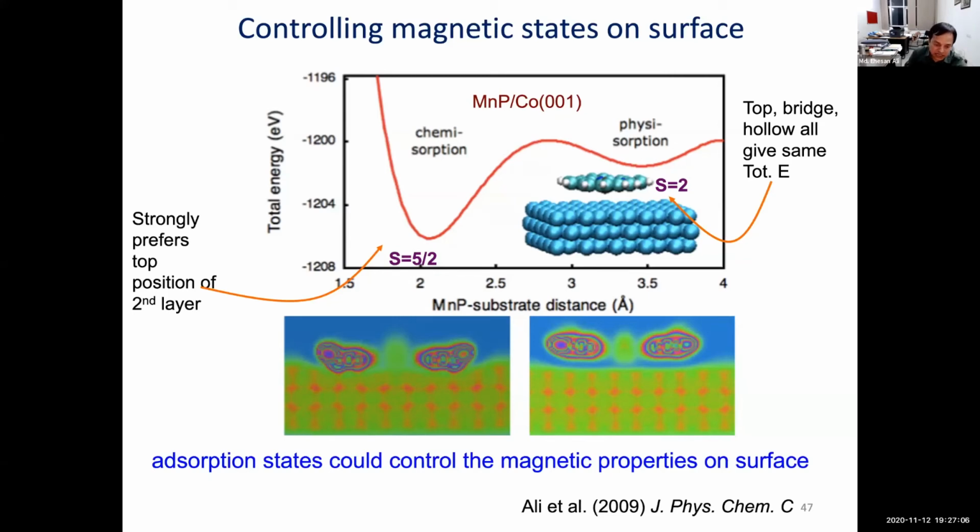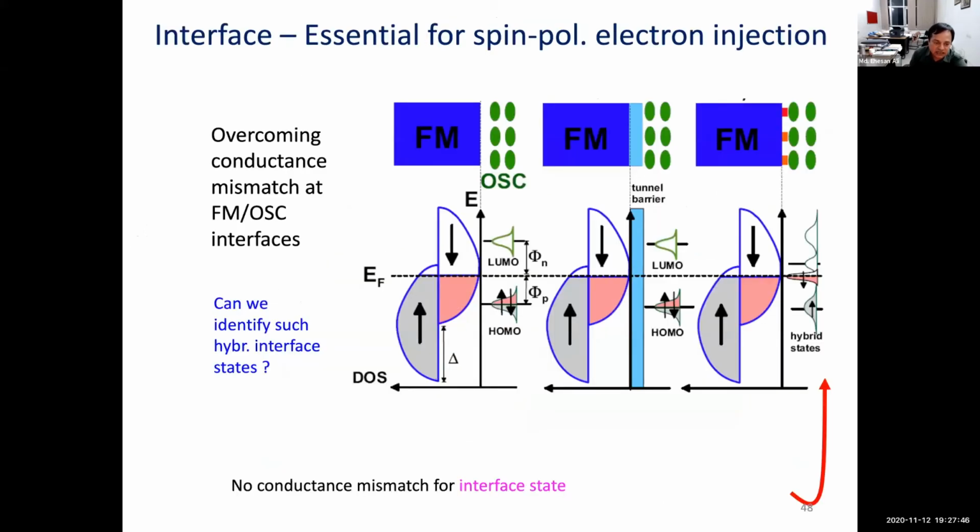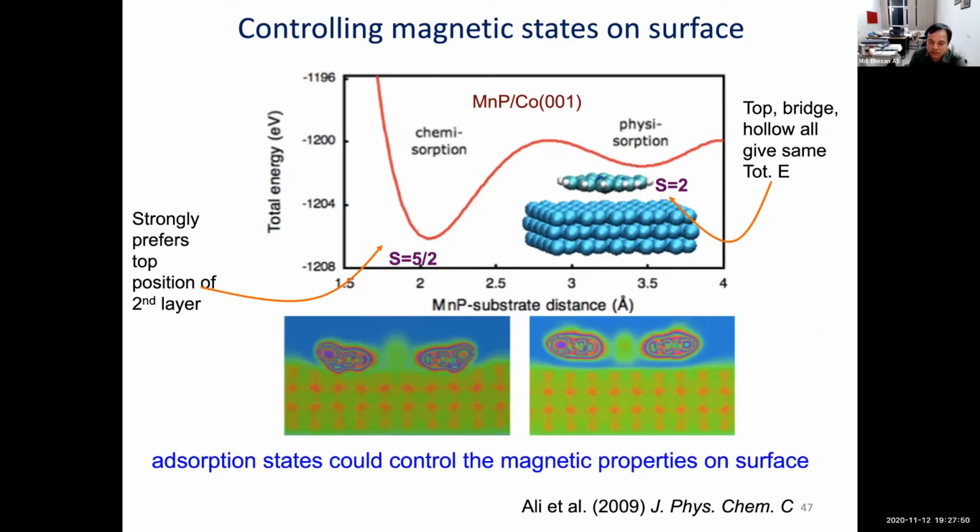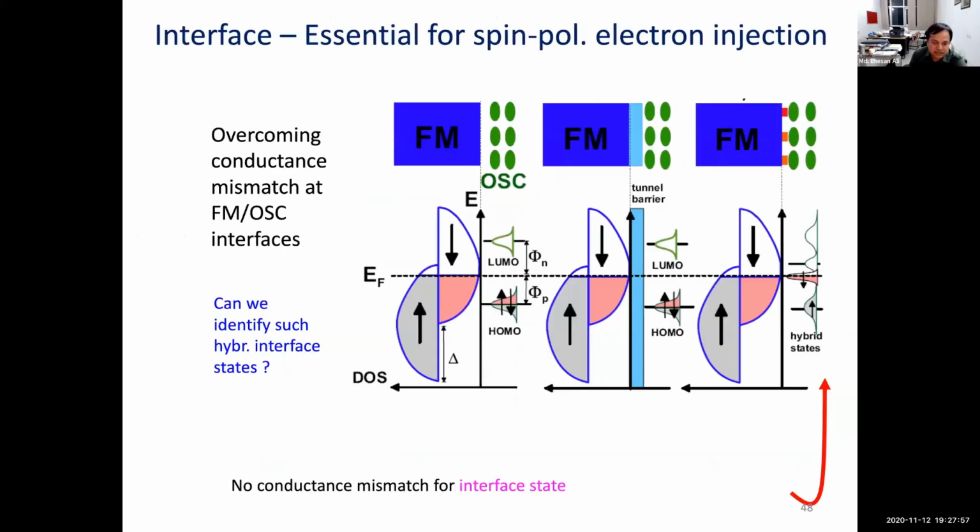Now we showed in our calculation that the porphyrin molecule on the cobalt could adsorb in two different surface states. In one case, the electron density mixes quite strongly, and in the other case it is just like van der Waals, and then we found two different minima on the potential energy surface, and we see the different change in magnetic moment and the exchange interaction there. But in both cases, we see the ferromagnetic interactions. Okay, now